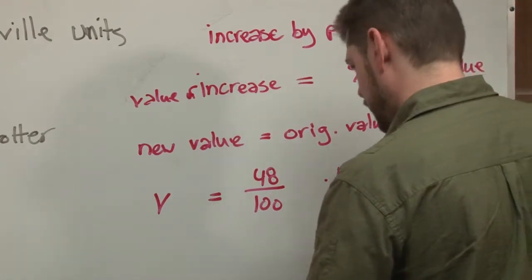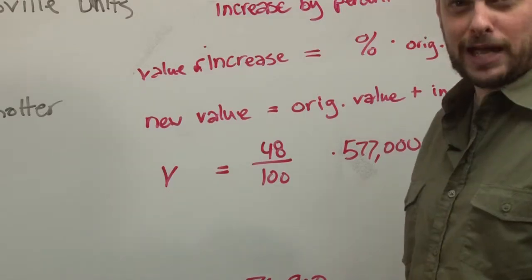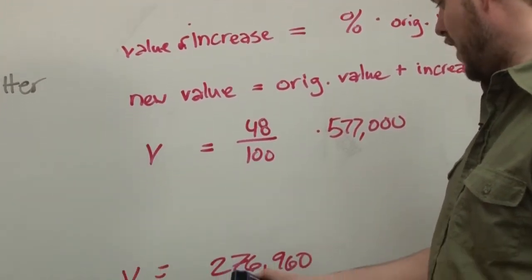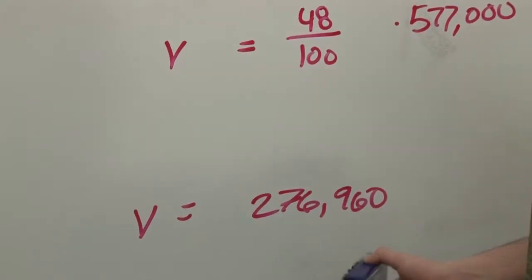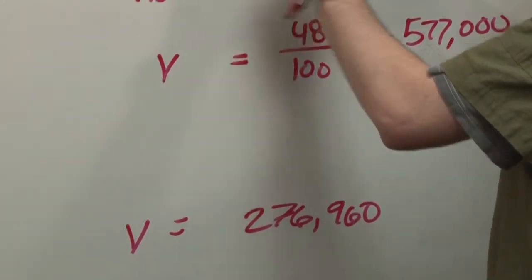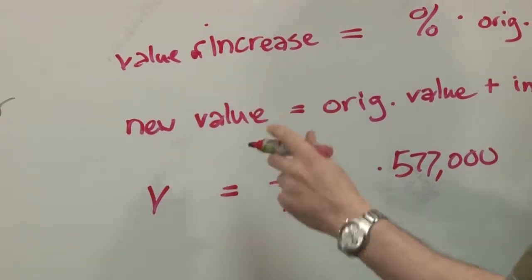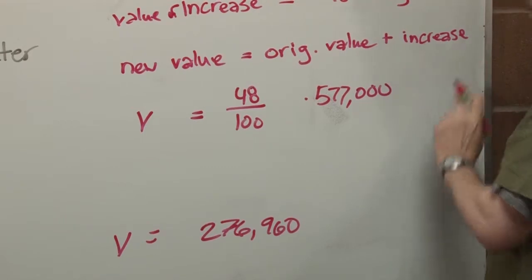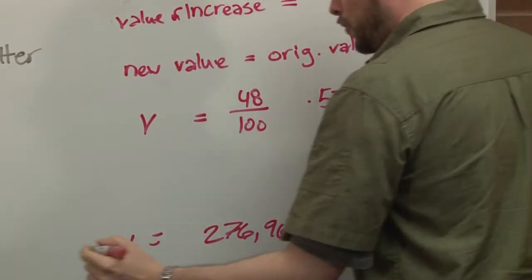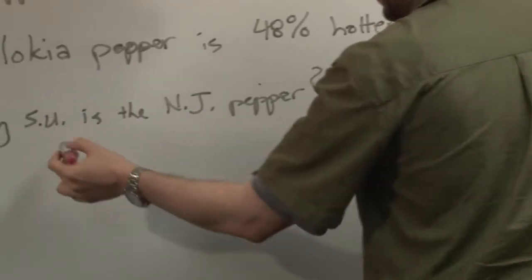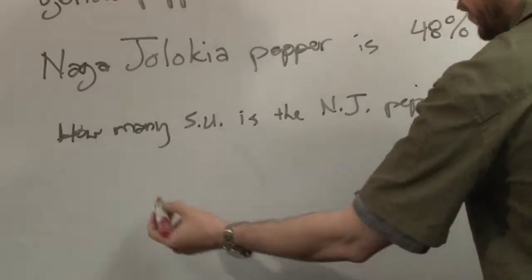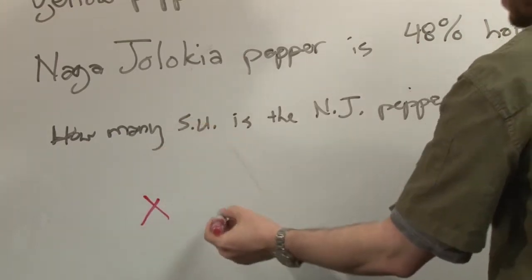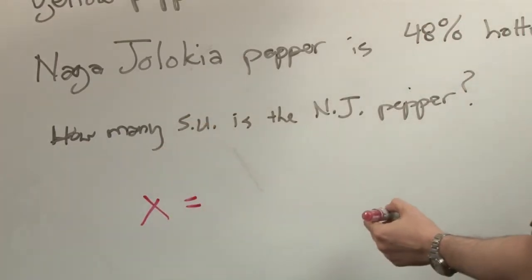So let's see if I can do this time. After we take our break and do our calculations, we come back with 276,960. This is not our new value. This is just the value of our increase. So we have to go back and compute our new value, which means we take the original value and we add this thing together. So the number that we're looking for, right? How many Scoville units are we looking for? Is computed by taking the original value,